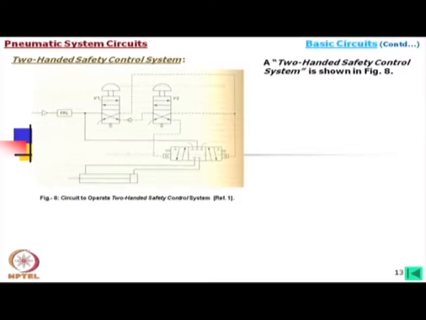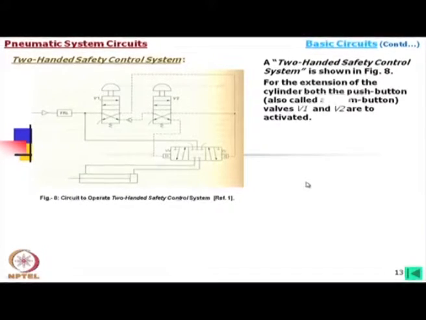Now, another very important operation, this is usually with pneumatics, but it can be with hydraulics also. This is called a two-handed safety control system. In this two-handed safety control valve system, we have a double acting cylinder here. How many ports? We have 5 ports and 3 positions. This is the neutral position. So, we should call this a 5/3 DCV, and these are 4/2 push button type valves,